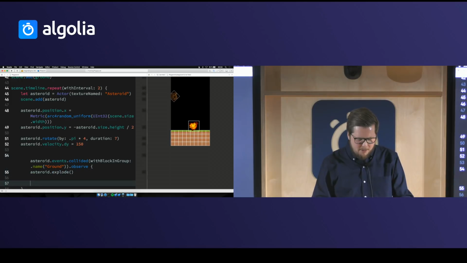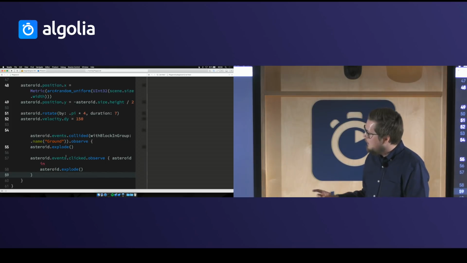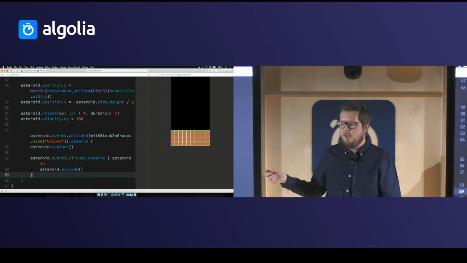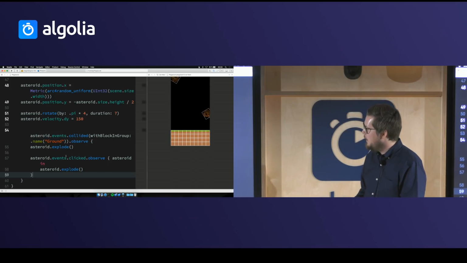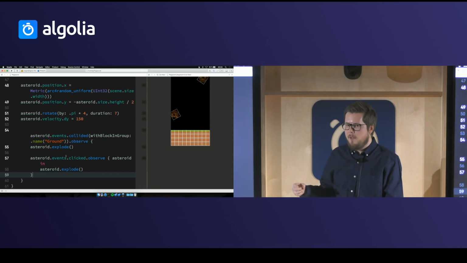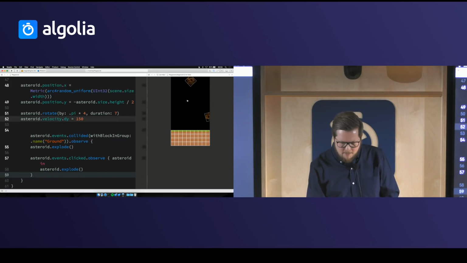So to do that, I'm going to add an observation on the clicked event. And the reason it's called clicked and not tapped is because since Core Animation is cross-platform, Imagine Engine is also cross-platform. So you can run the same game on iOS, tvOS, and macOS. So now, if I go here and play this game, and we click it, we can see that